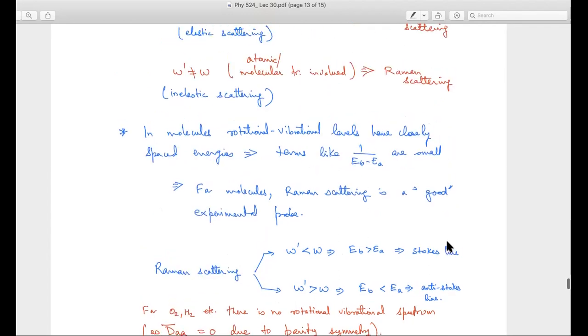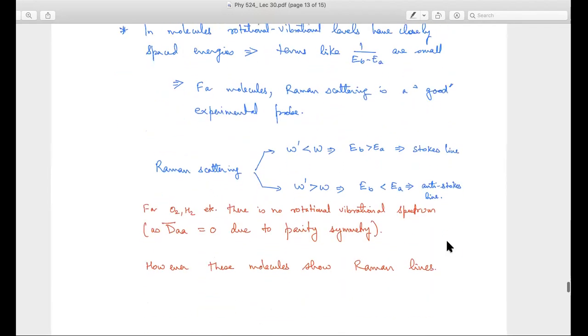Okay. So the reason I am doing this is that we can consider molecules like oxygen, hydrogen, which have the same nucleus, basically A and B. So homonuclear molecules. For such molecules, we showed that the parity operator is a good operator, and because of the parity operator, I can show that dA has to be 0. We also showed this when we were discussing the dipole matrix element: if an atom has a definite parity, then for those states which have a definite parity, this dA has to vanish, basically.